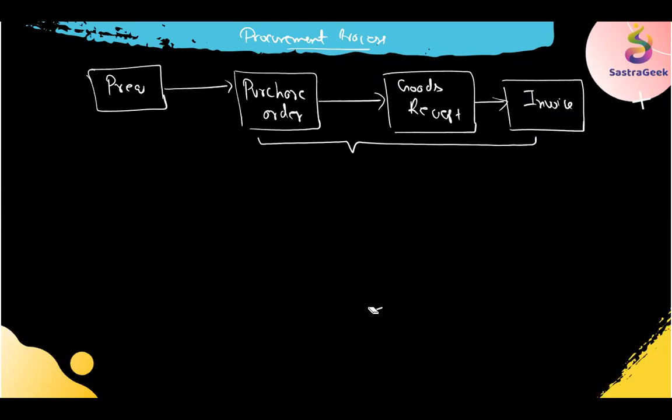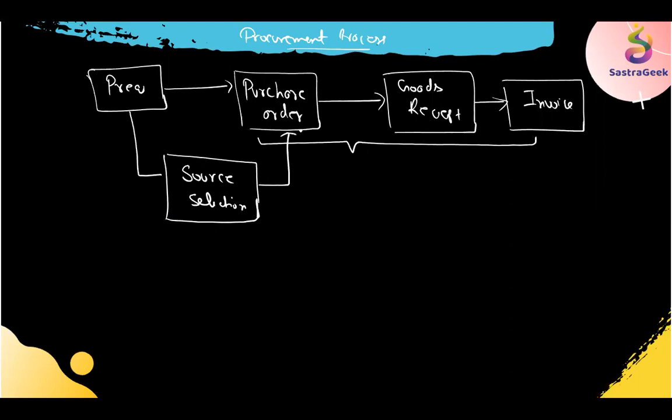Or we can also do something before purchase requisition. In between, we can do the source selection. If the source is not defined, the vendor is not defined, we can do a source selection process, and then we can proceed from the purchase order process. Or from the source selection process also, if the source is not available, you can go ahead with the